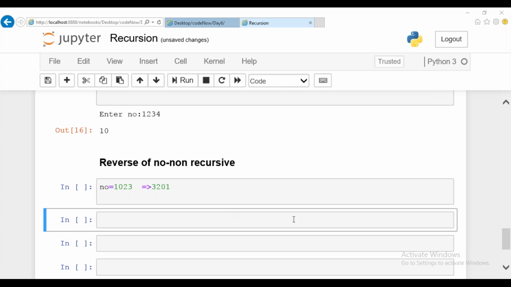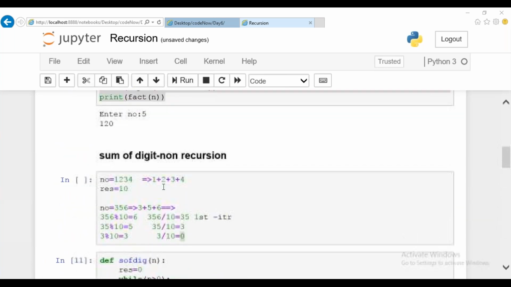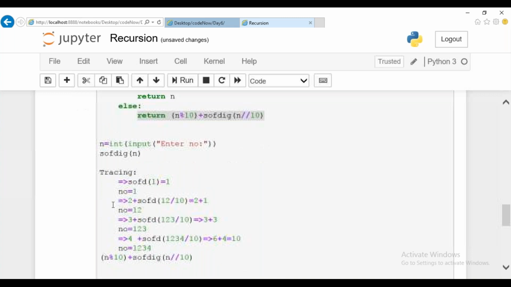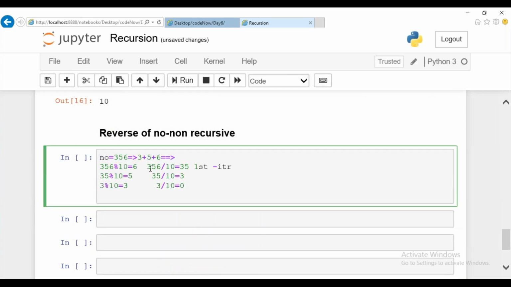Okay, shall we see here? The same logic, guys. So we are going to stick on to the same logic, but a small difference is going to be there. So if at all we are taking this number, the same process, guys, for this one. Let me paste here. Previously we did sum of digits. Right now we are supposed to reverse it.